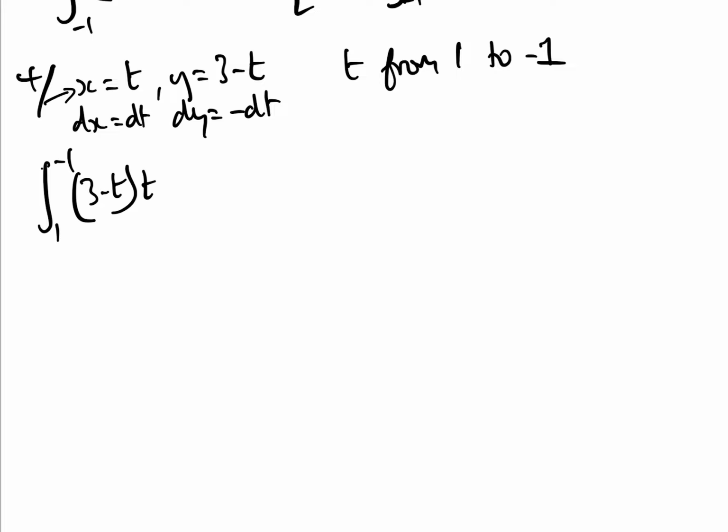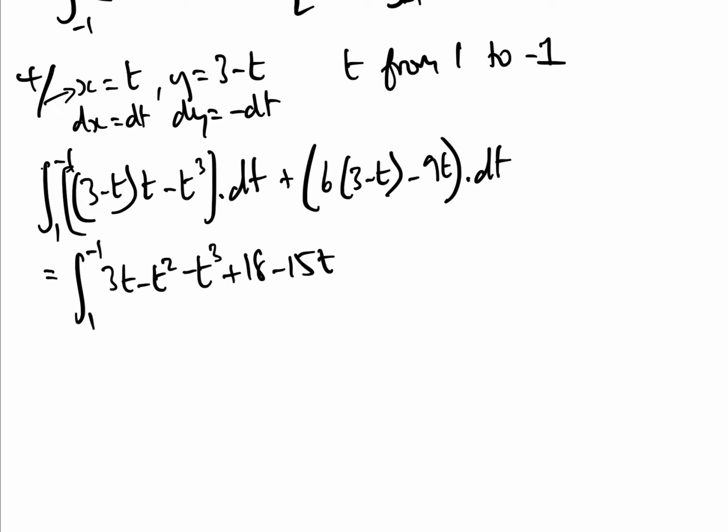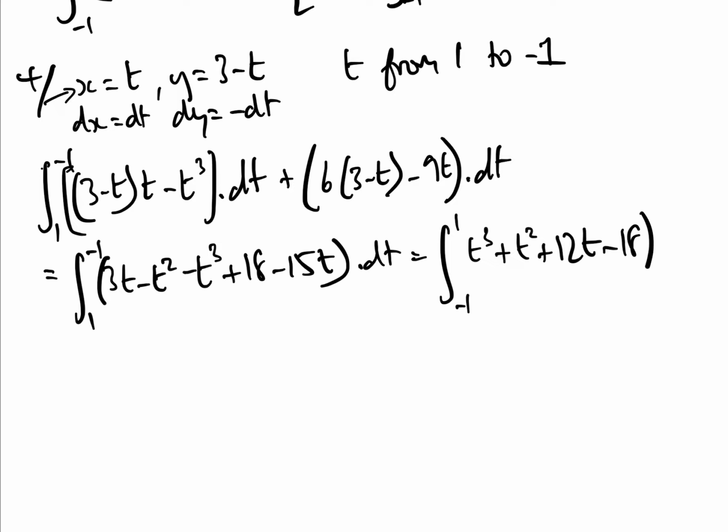All I'm doing is I'm sticking these into our line integral, minus t cubed dt, add 6 times 3 minus t minus 9t dt, which equals the integral between 1 and minus 1 of 3t minus, you just got to be careful with the minus signs here, minus t cubed, add 18 minus 15t dt, which equals, let's just add all this lot up, and let's flip the sign as well, make it a little bit easier, t cubed, add t squared, add 12t minus 18